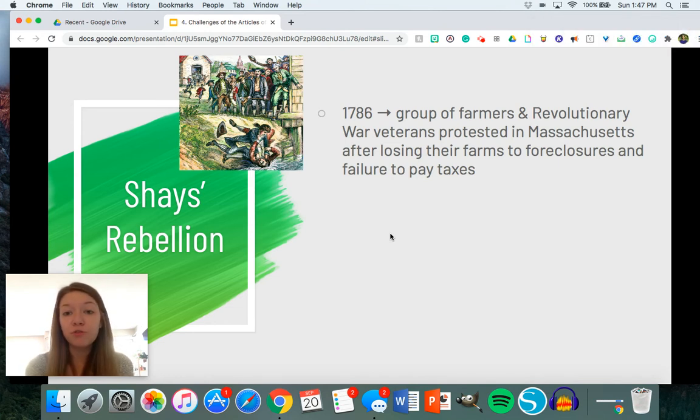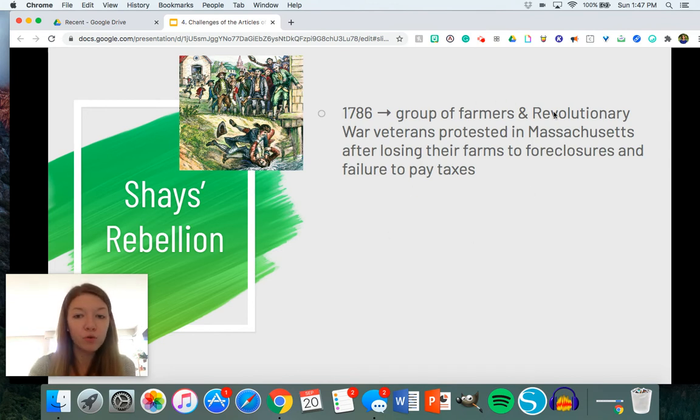Now, after the Revolutionary War, there was a lot of economic turmoil. Right, who pays for the war? How much? There was a lot of inflation. The states, because they were responsible for deciding and carrying out trade, had different currencies, different money. So things were very chaotic, and money didn't have the value that it used to.